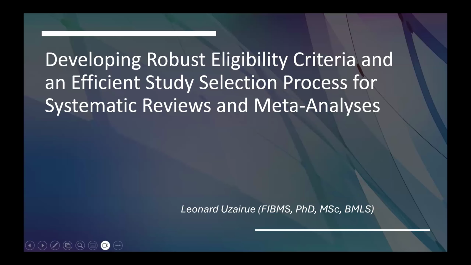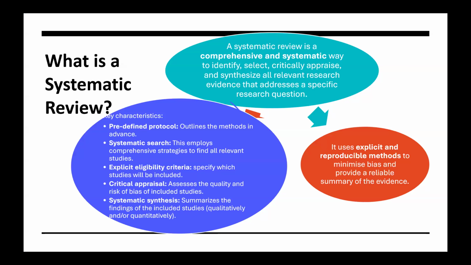So my name is Uzairue Leonard, and I will be making a presentation on developing robust eligibility criteria and how to have a very good selection process for systematic review and meta-analysis. Before we go into what we are here for today, I know we've gone through what a systematic review is and what a meta-analysis equally means, but I just want to take us through